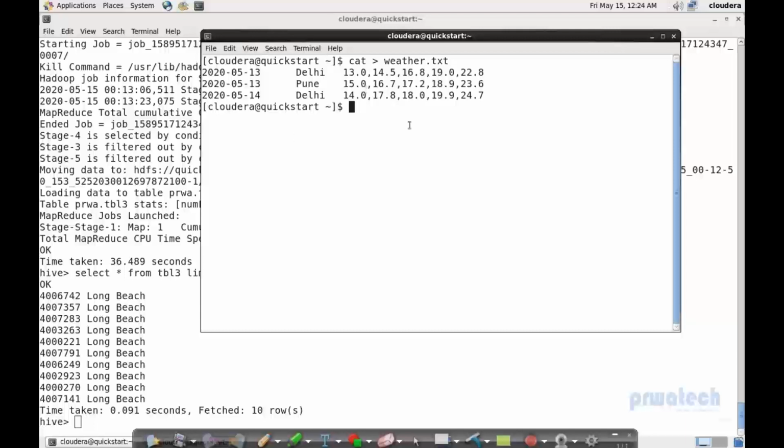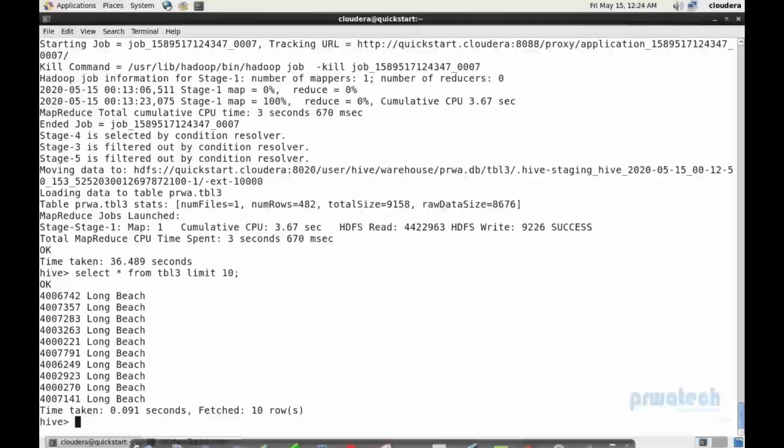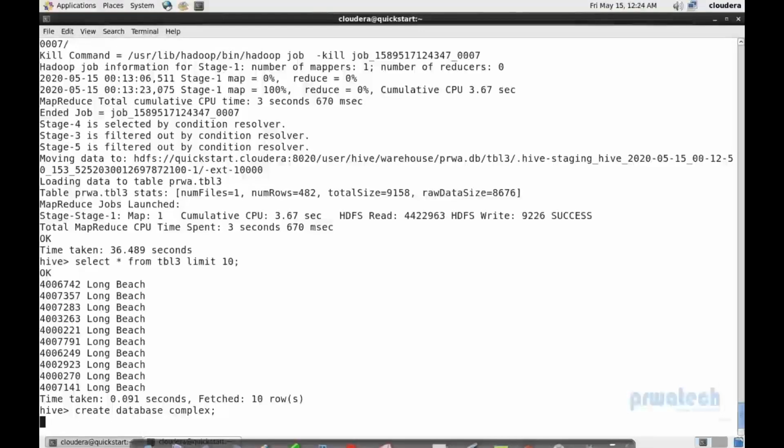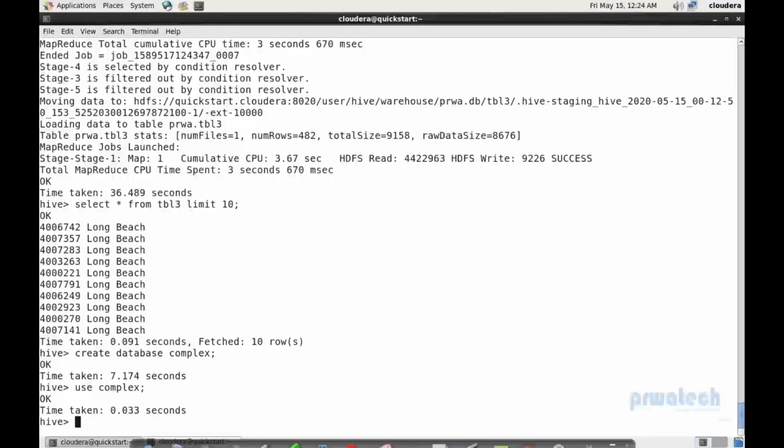Now I'll create a structure for this table. Let me create one database for complex data. I'll keep all that complex information in one database, which is create database complex. Use complex and create table. Table name is weather,